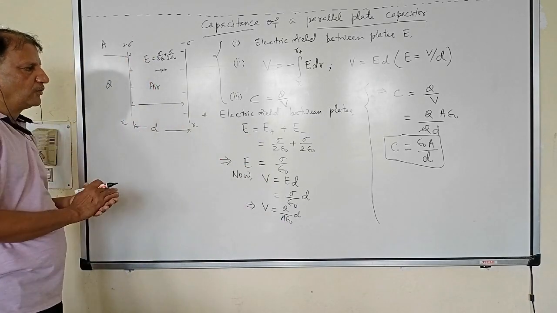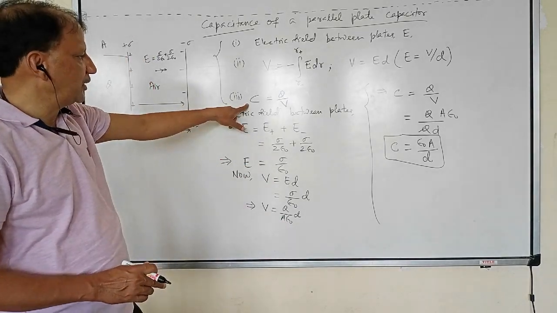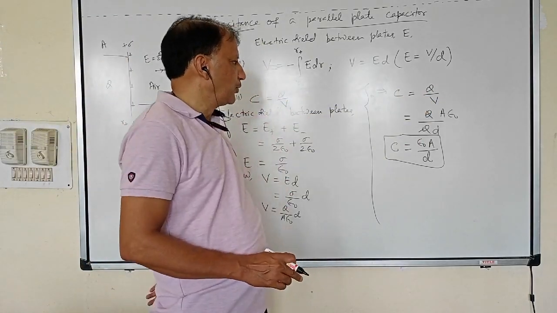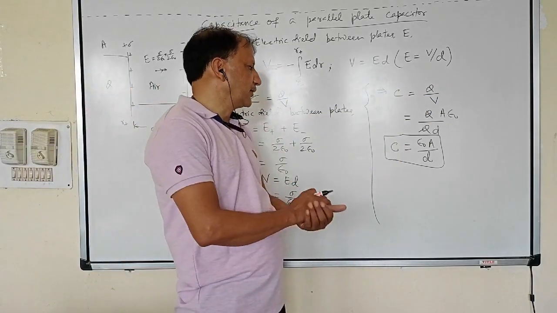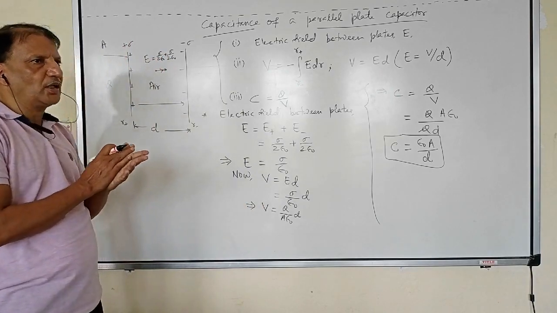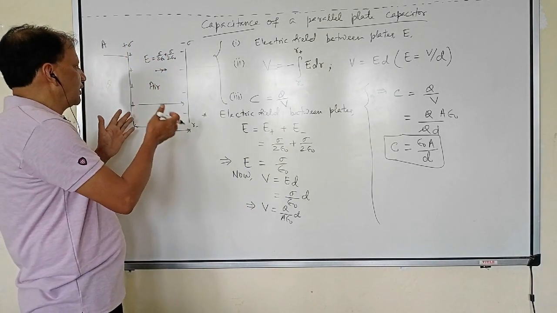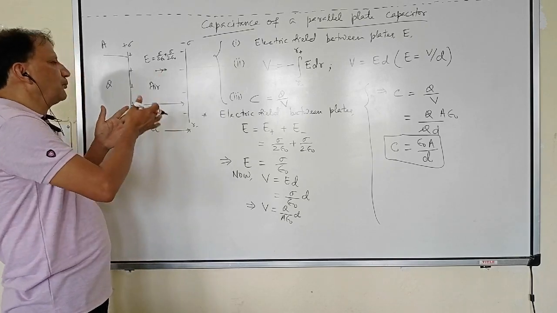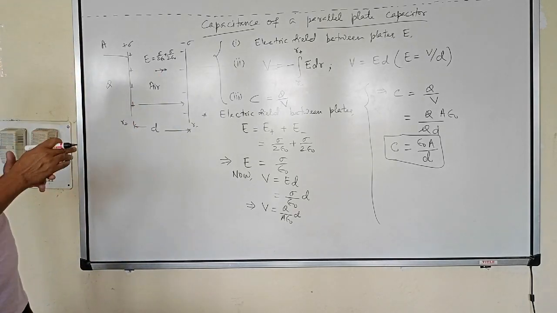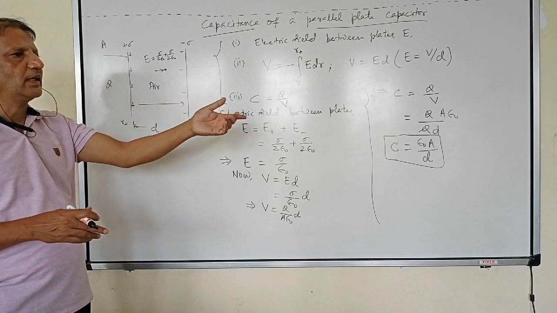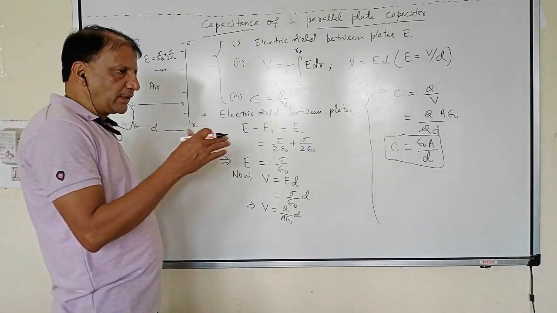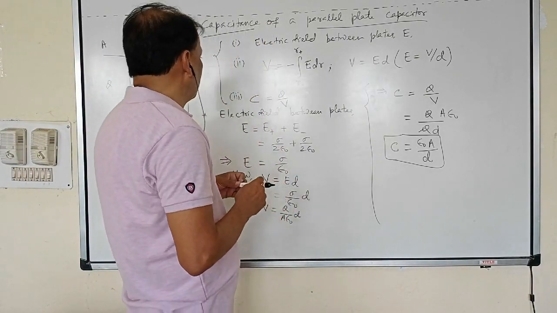Now third step, we have to calculate capacitance. What will be capacitance from definition? C equal to Q upon V. Putting the value of V, we find this is the expression. That is C equal to epsilon naught A by D. Capacitance of a parallel plate capacitor when the medium between the plates is air or vacuum. अगर यहाँ पर कोई डायइलेक्ट्रिक होगा, then ये फॉर्मूला स्लाइड में मॉडिफाई है. ठीक है, अनदर फॉर्मूला भी देखिए.